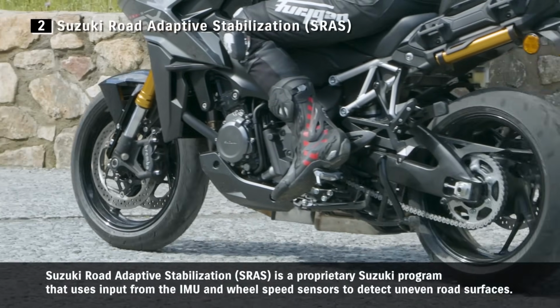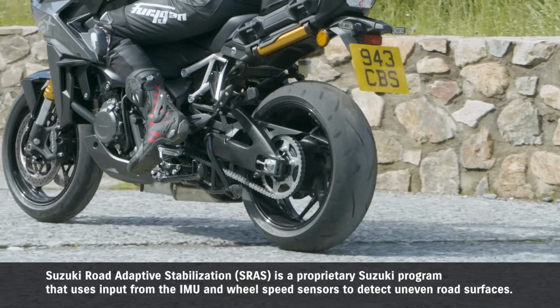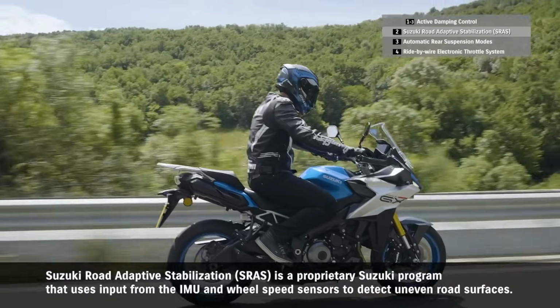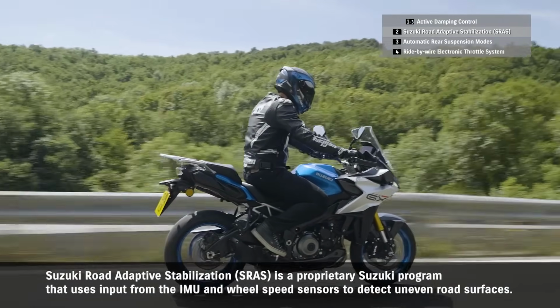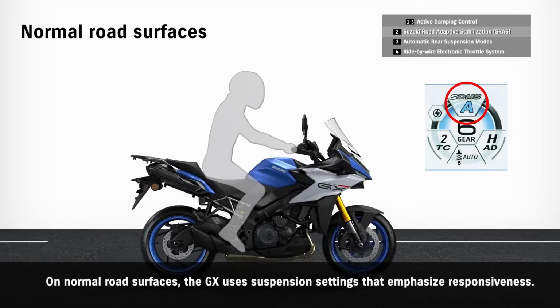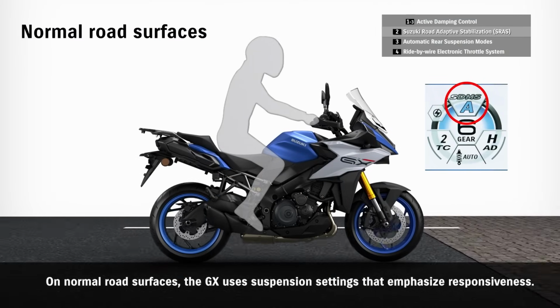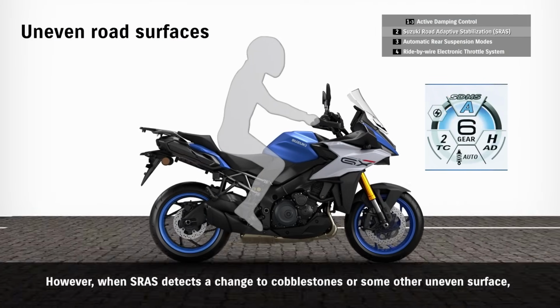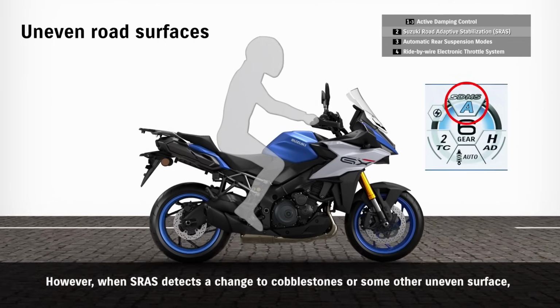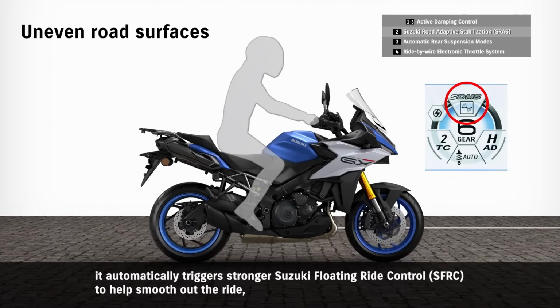Suzuki Road Adaptive Stabilization, S.R.A.S, is a proprietary Suzuki program that uses input from the IMU and wheel speed sensors to detect uneven road surfaces. On normal road surfaces, the GX uses the suspension settings that emphasize responsiveness. However, when S.R.A.S detects a change in cobblestones or some other uneven surface, it automatically triggers stronger Suzuki Floating Ride Control, SFRC,